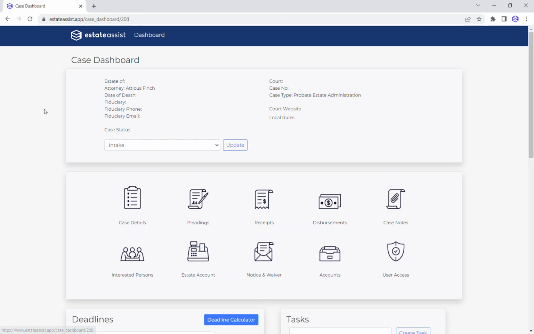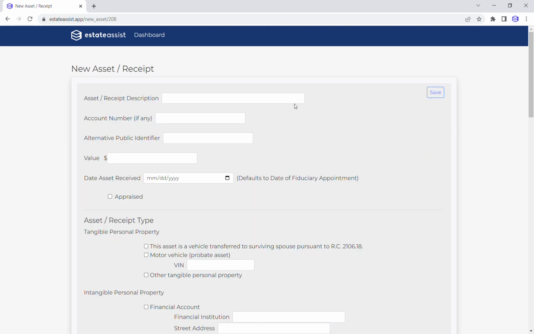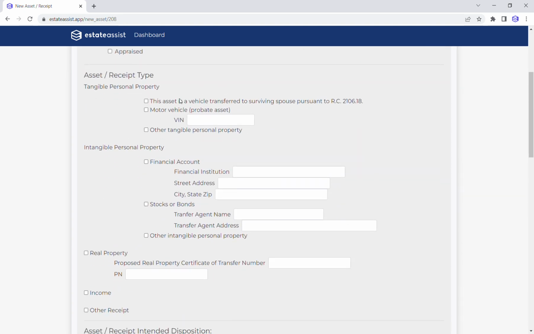Once we've entered all of our interested persons, and again, if you don't have any information, if there's something missing, you can always go back in and add it later on. You can save what you do have and update it later. Next, of course, we would point you to entering in any receipts. You can start entering asset information, entering the description and value of the asset, the type of property that it is,